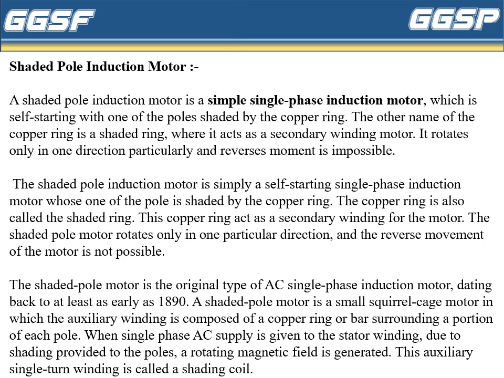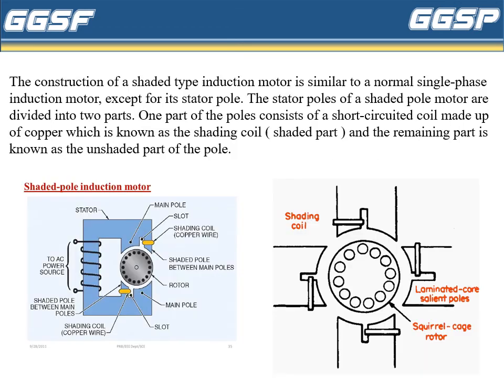When single phase AC supply is given to the stator winding, due to the shading provided to the poles, a rotating magnetic field is generated. This auxiliary single turn winding is called the shading coil. The construction of a shaded pole induction motor is